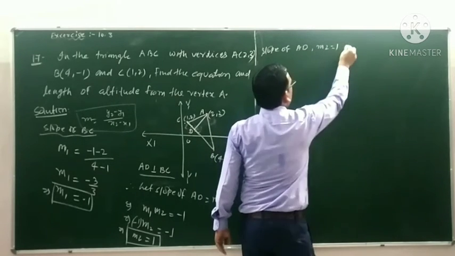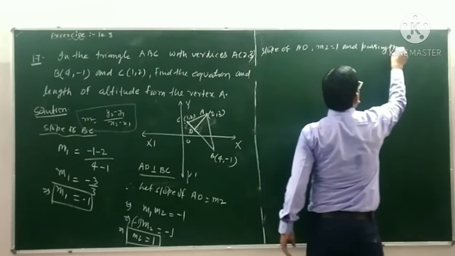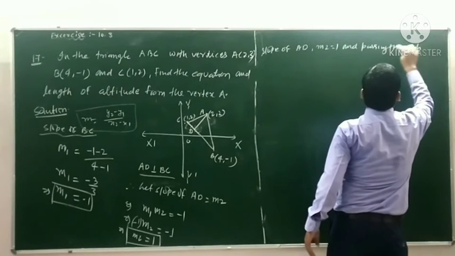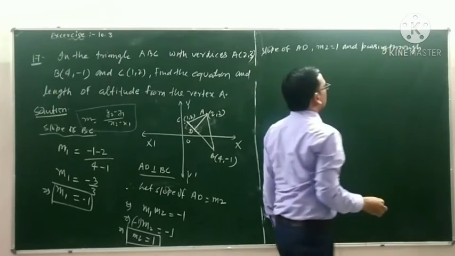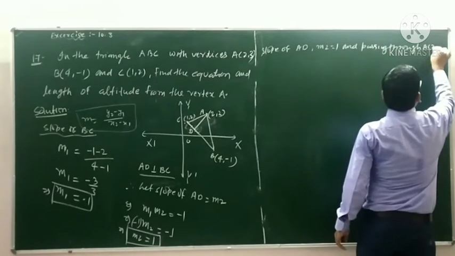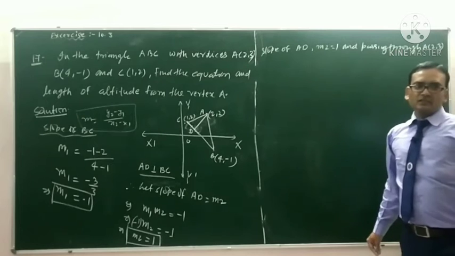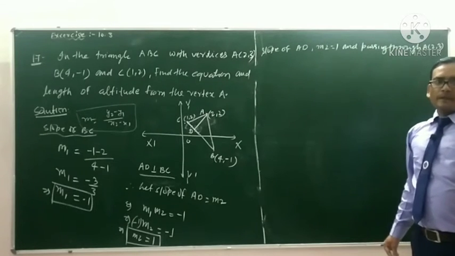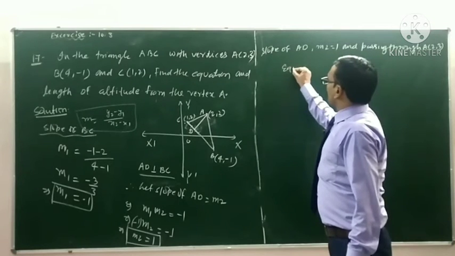Slope m2 equal to 1 and passing through 2 comma 3, then find the equation of the AD. Equation of